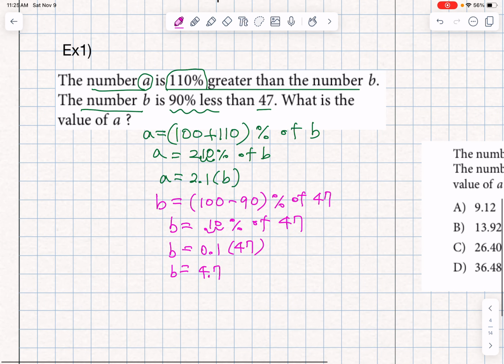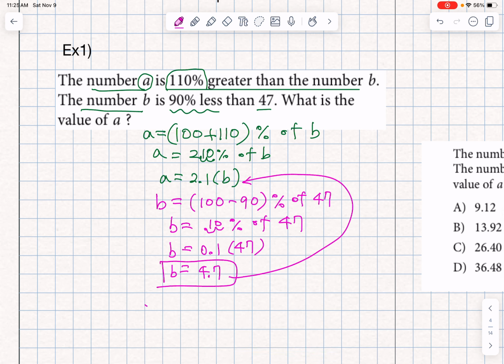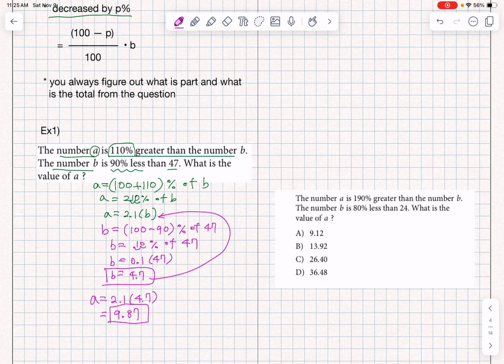Now we can use that B value and plug it into this. In this way you can find A. A will be 2.1 times 4.7. Then you will get that value as 9.87. That's how you get it. Okay. Now